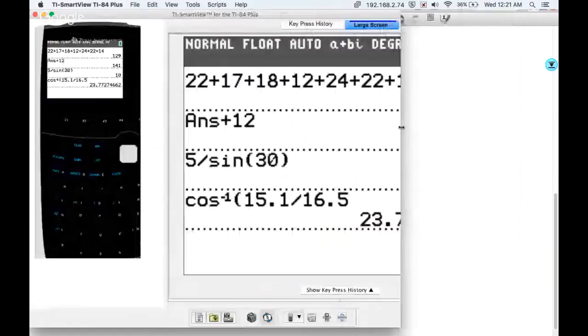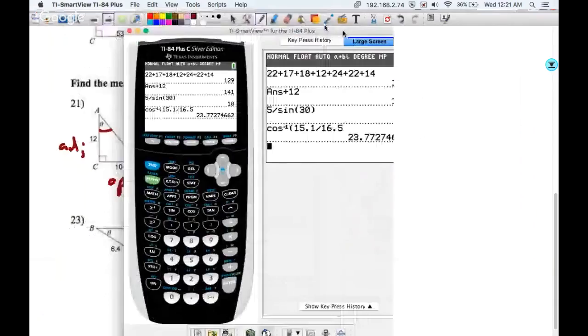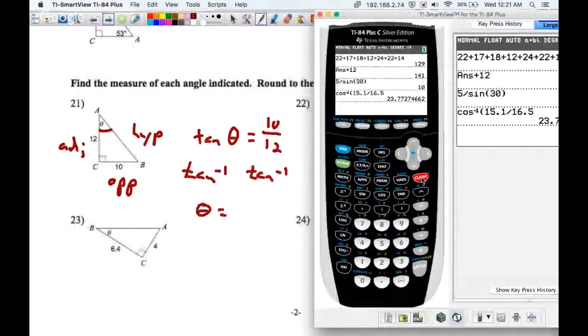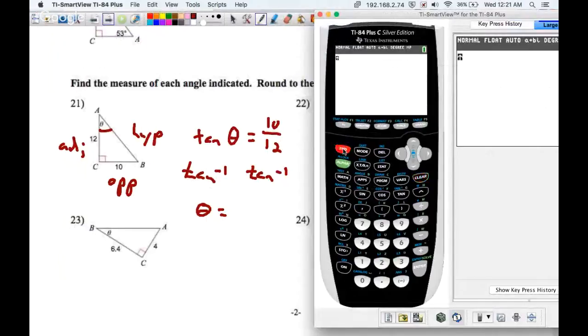All right, so I want to do the inverse tangent. So I do second tangent of, and I can just plug this in as 10 divided by 12. I don't have to simplify that to 5/6 or anything. I'm going to enter